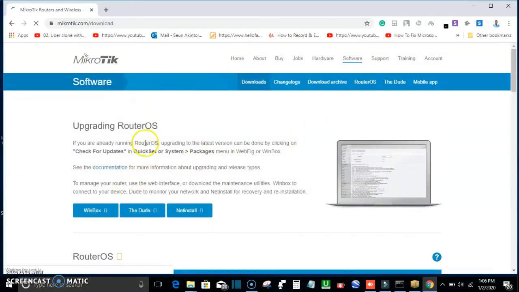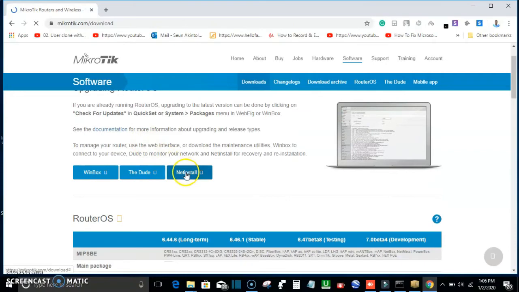This is what we need, netinstaller. When you click on it, you can actually select the one you want, but basically they have